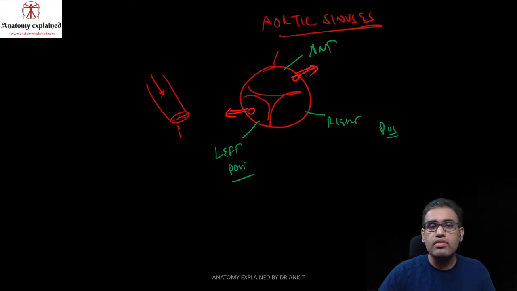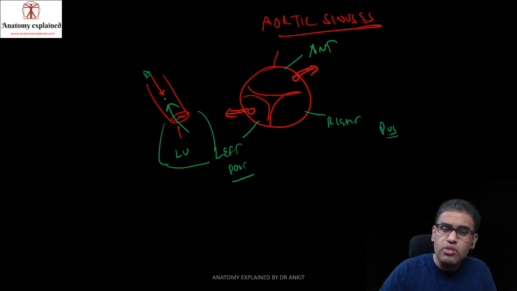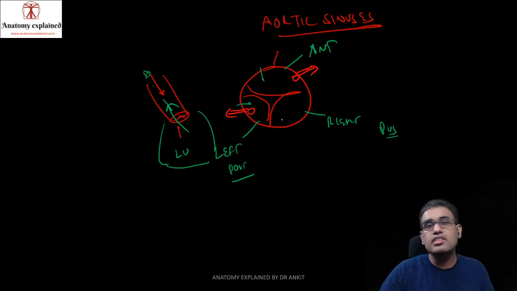Again, this is what it looks like when we look from this side, inside the aorta. Imagine this is the LV over here. When the LV contracts, the blood goes inside the aorta, supplying the whole body. But when the LV goes into diastole, some amount of blood in the aorta comes back and fills these sinuses. So it is during the diastole,